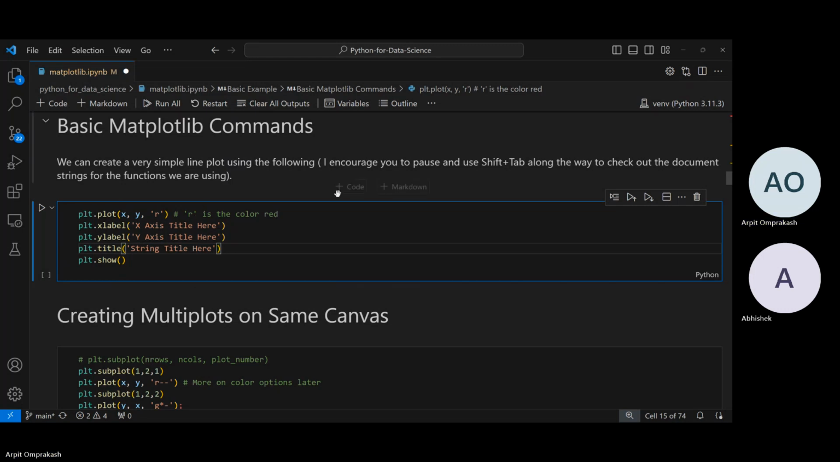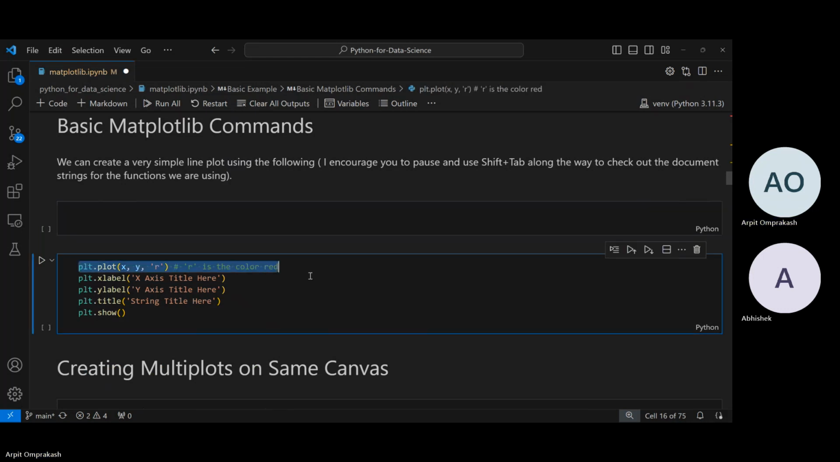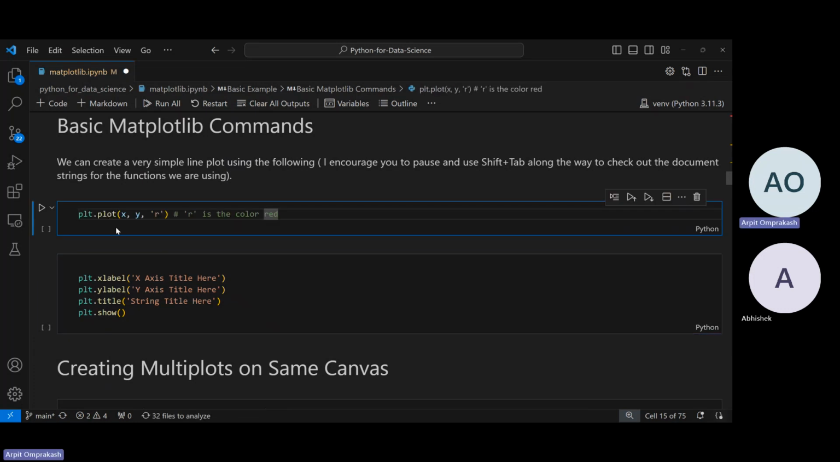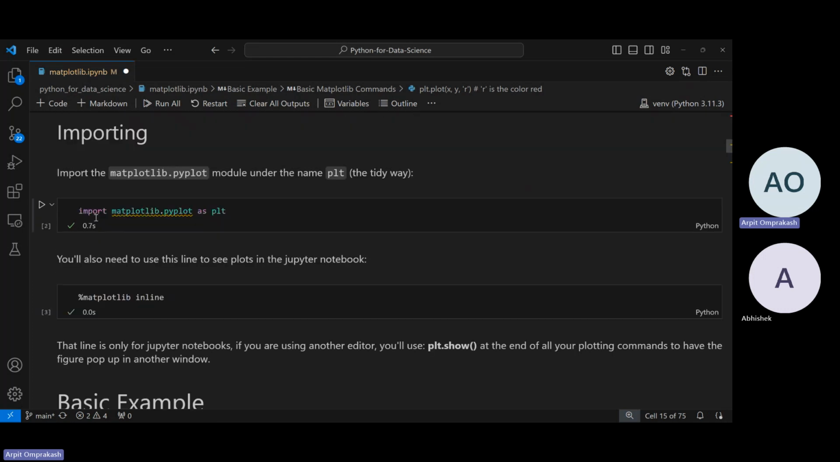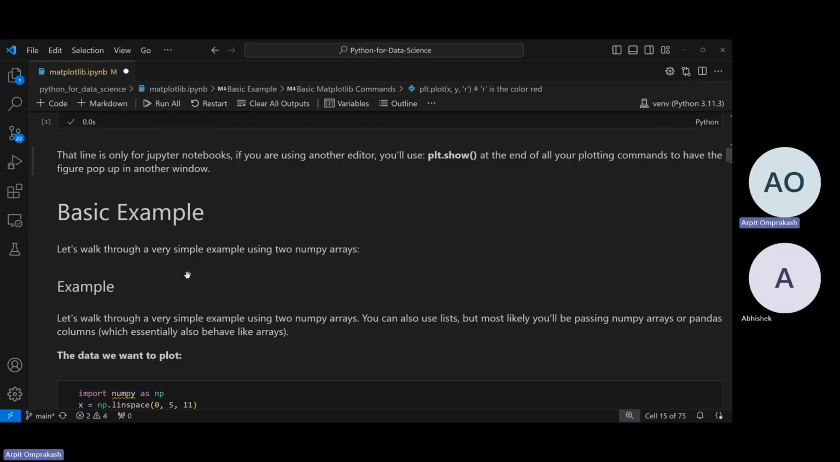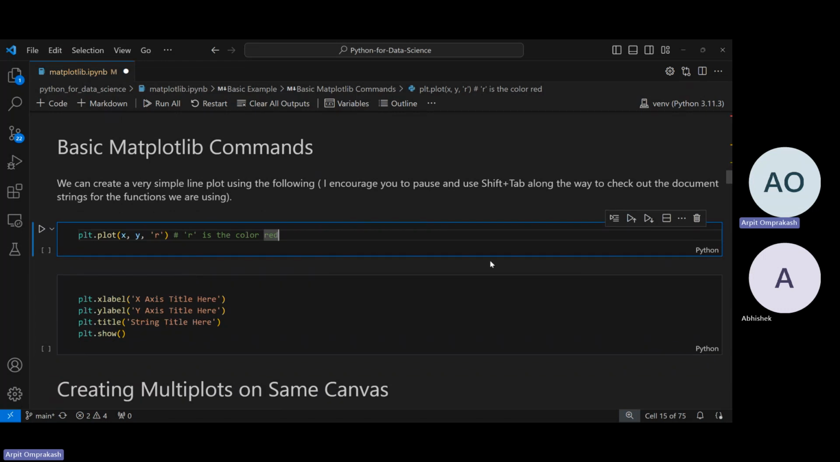Okay, so let's go line by line and see what is happening here. We'll first use the first line, which is basically plt.plot. plt is matplotlib.pyplot that we had imported here. It's not matplotlib, it's matplotlib.pyplot, which is a submodule of matplotlib. So we give it the x axis, what we want to plot, and the y axis, what we want